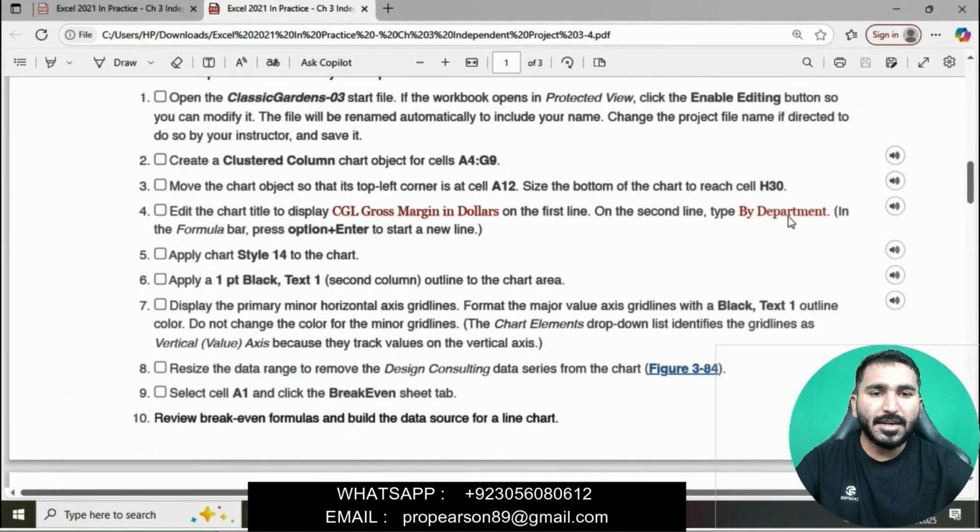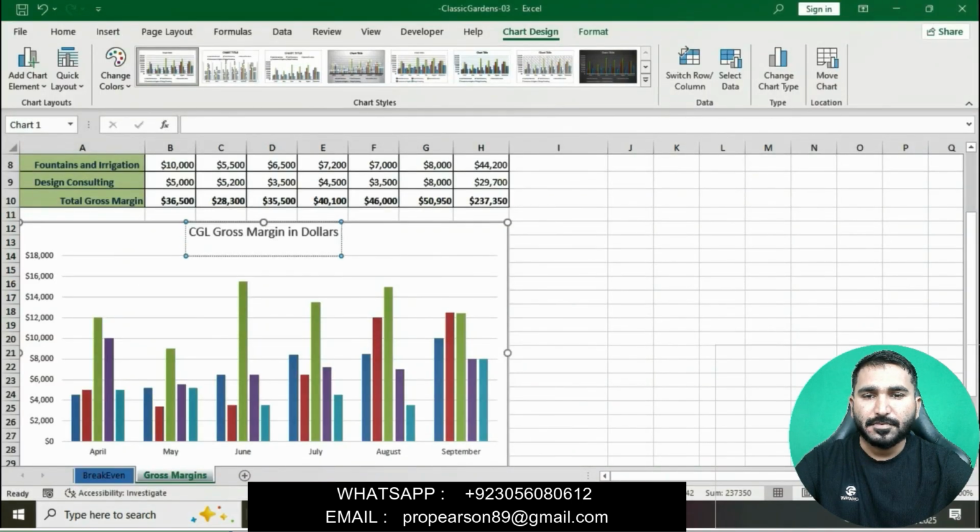On the second line, type By Department. We will add a second line, type By Department.